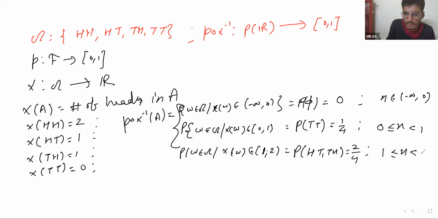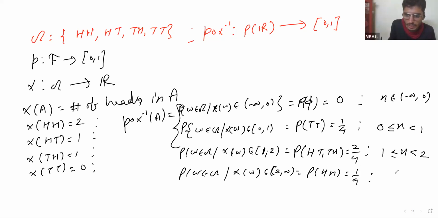This is 1 and this is 2. And the probability of omega such that X of omega belongs to the closed interval 2 to open infinity is the probability of head head, that is 1 by 4.